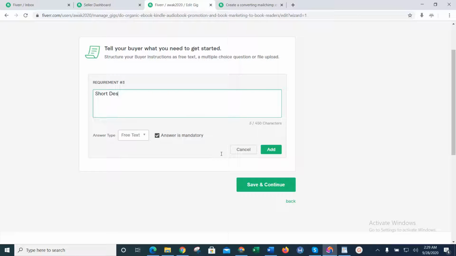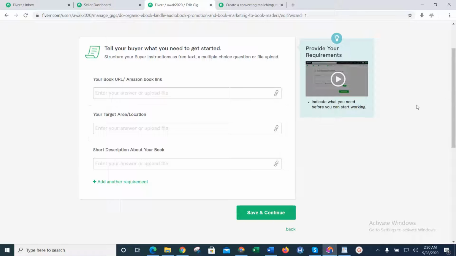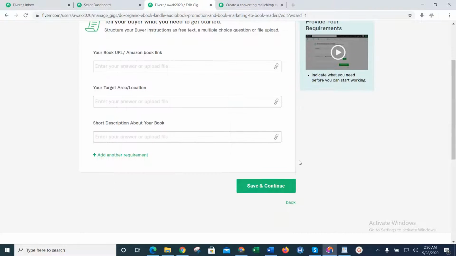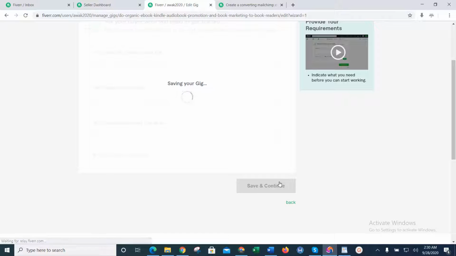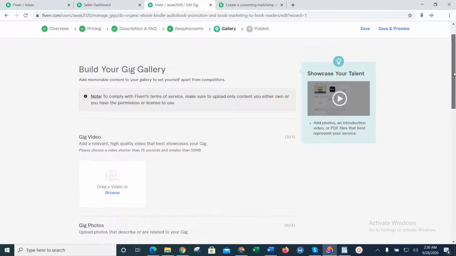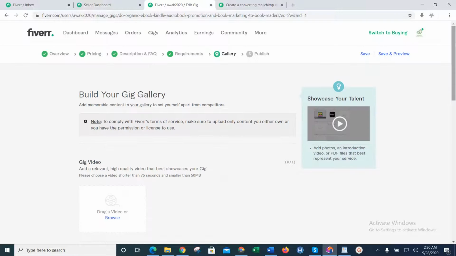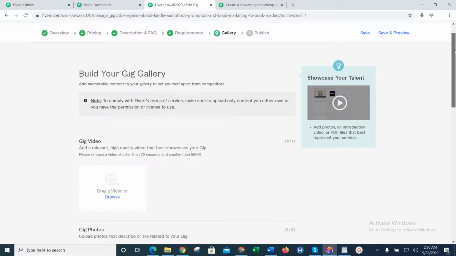Short display about your book. So you can see how I added 3 different requirements for this particular job. We have some services that have only 1 requirement or 2 requirements. So you can see this is what I'm saying. But that one has 3 requirements we need for us to do the job very well. So now you can see what I'm saying. After I save the